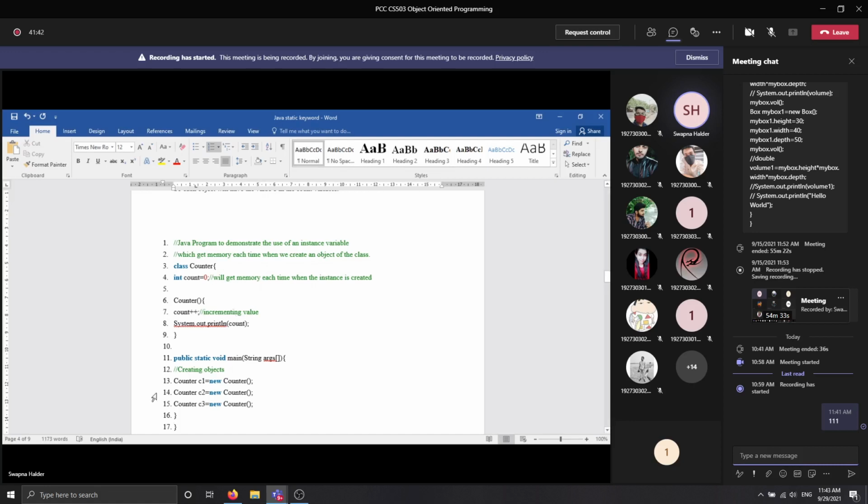Whenever you create an object of this class, C1 is a new instance, and when that is over at this line and you create a new instance, C2, it will start from this part. So here the value of count is 0 right now, then it will be incremented to 1, and it will be printed. For each and every object, this statement will be executed from the very beginning. Very good, Gautam. This is the main logic.